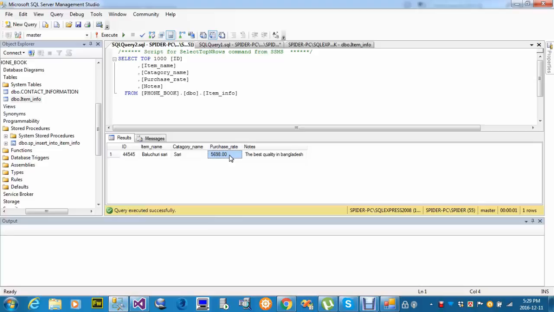If I want 0.00, I need to declare the money data type, and this is my notes value which was declared by me. So in this store procedure method, we can insert a value, and